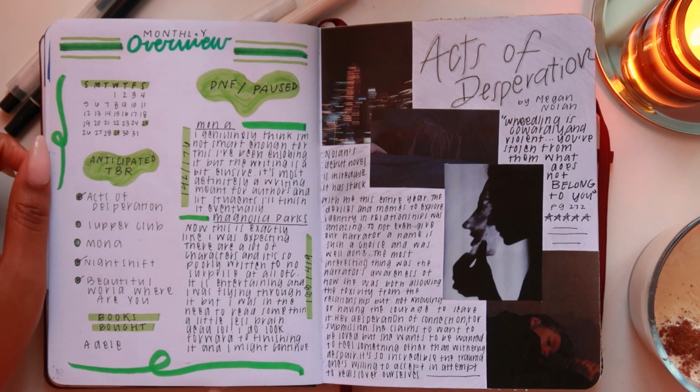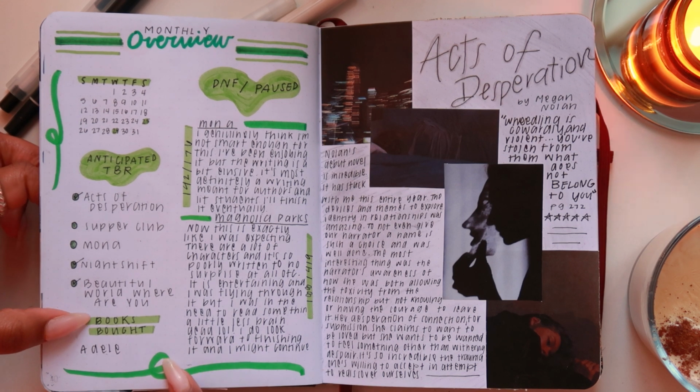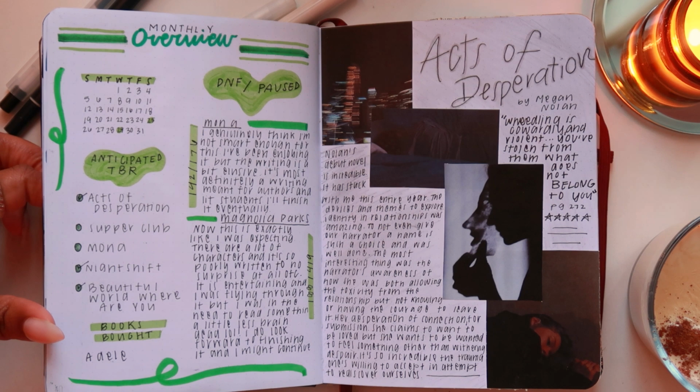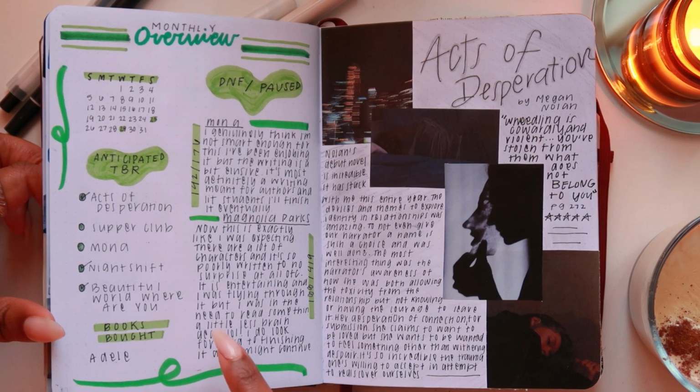For that reason alone. My anticipated TBR, which also in 2024 I will no longer be doing, because as a mood reader, it really is a waste of my time. I have never stuck to a TBR. Never done it. I've just done it for vibes, honestly, and I never stick to them,